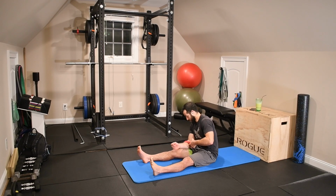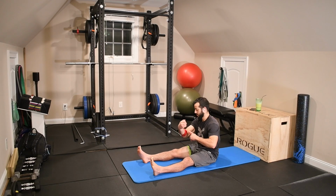Next, we're transitioning back to the arm. Now we're going to continue where we left off. So we're going to wrap at the end of the forearm over the elbow on this one. And you'll see, to get it started, what I do is I hang some of the band from the inside